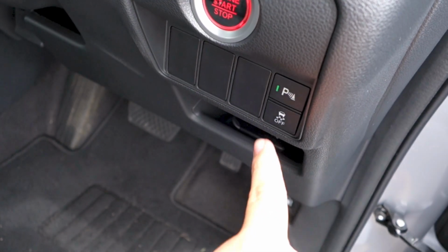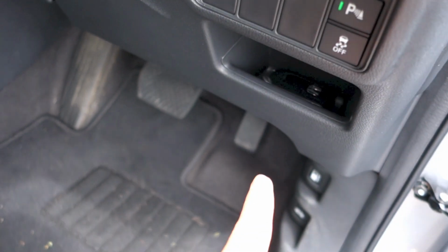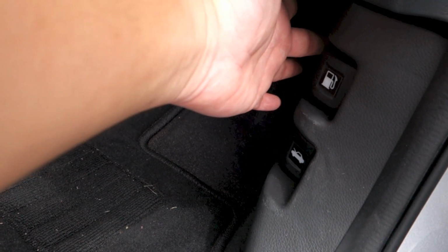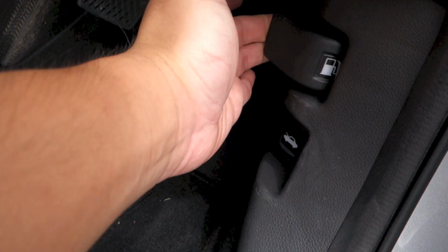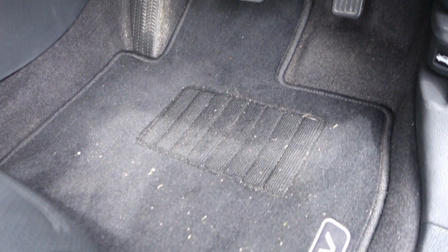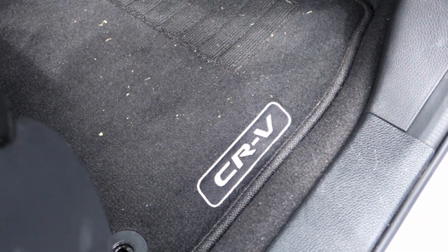Parking sensors, vehicle stability assist, storage, pull this lever to pop open the fuel door, CR-V floor mats,